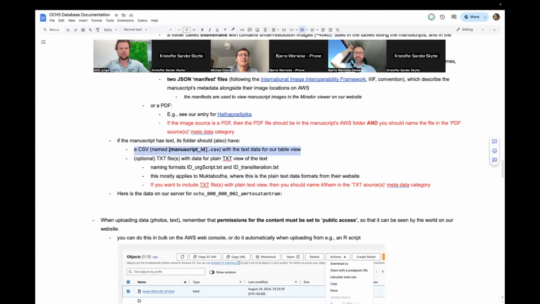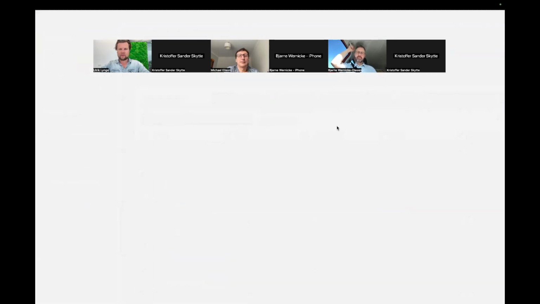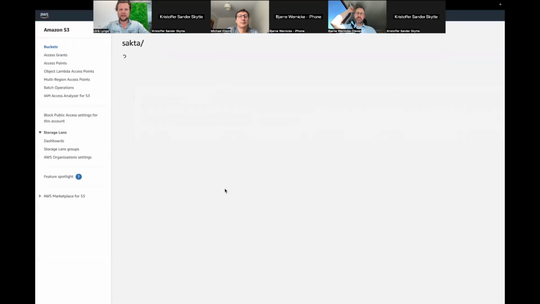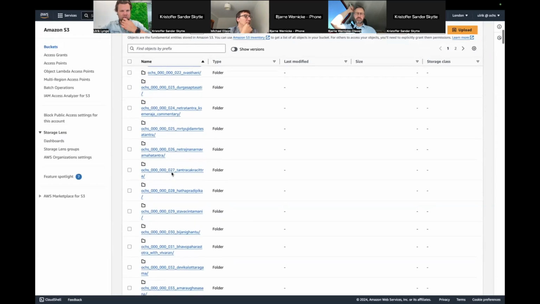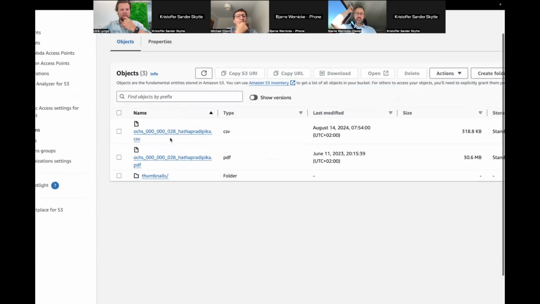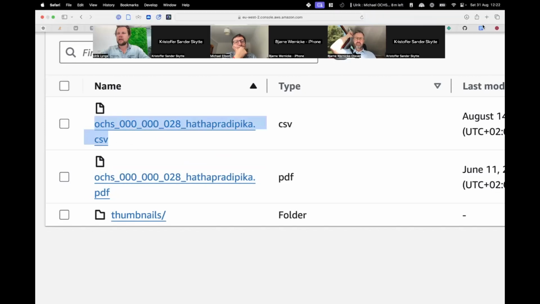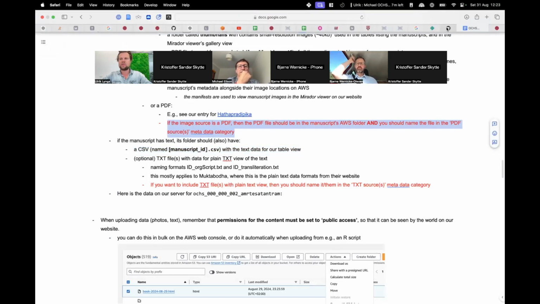So I guess if we go to the Hatha Pradipika example on, oh, I've signed out somehow. I am going to log in here. So if we go to the Hatha Pradipika entry here, what number is it? 28. Then you can see, in fact, that we have the PDF that's been shown, and we also have the CSV file. There's a little catch here. If you want to have an image source shown,